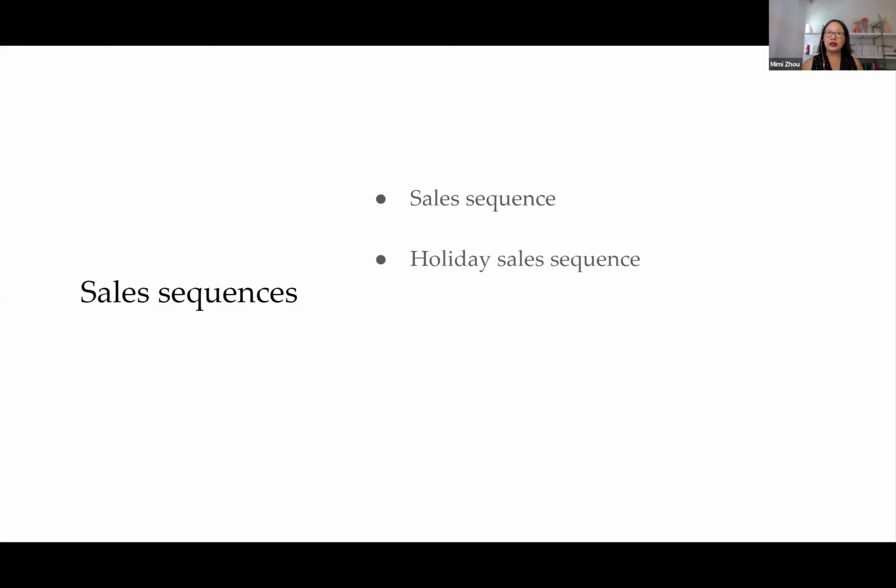You can also consider a holiday sales sequence. So I talked about 4th of July a minute ago. That is a holiday sales sequence. The big one is Black Friday, and we are trained to expect really attractive discounts during these holiday sales sequences. So this probably would come with a discount. I would expect it to, and this would be triggered by a certain occasion, right? It's time triggered, so it's a holiday triggered sales sequence.